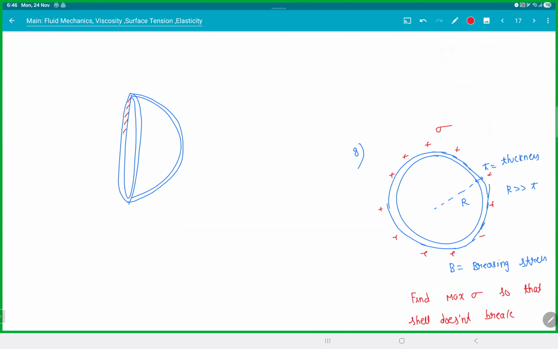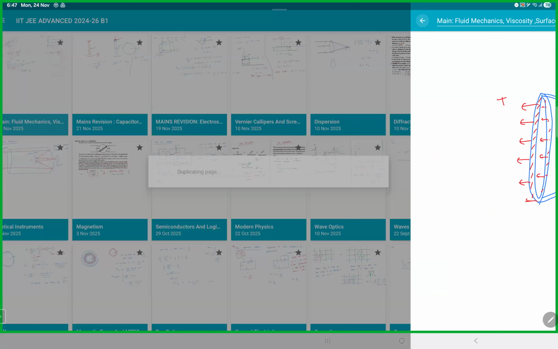So on this area, this is your tension. Okay, and the field pressure will be how much? This will be pressure into projected area. In case you forgot what's the projected area,